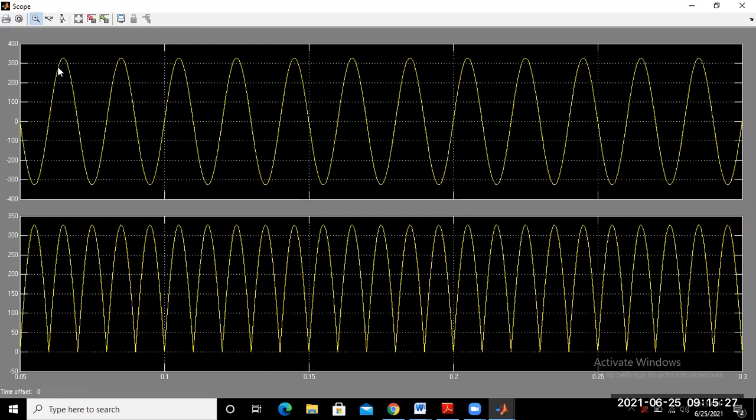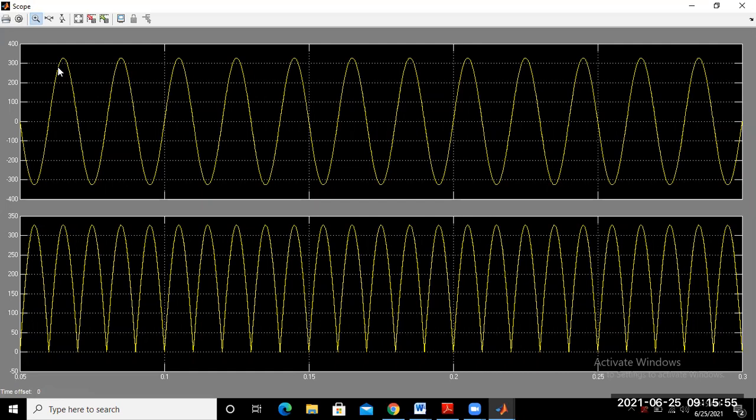So 230 into root 2, that means 1.42 into 230. What is this value equal to? If you multiply 230 into 1.42, it is almost equal to more than 300.